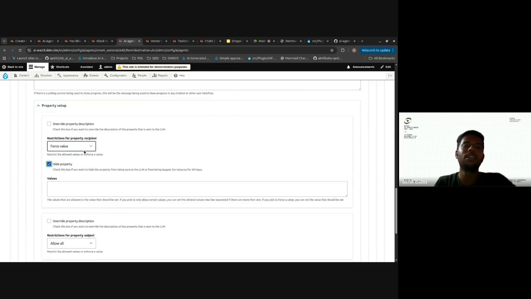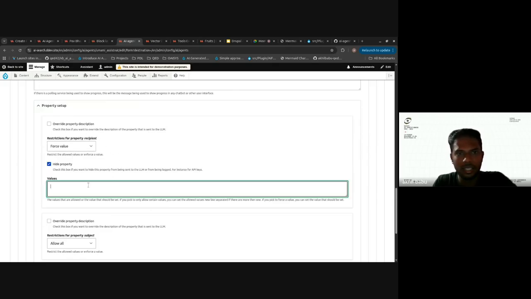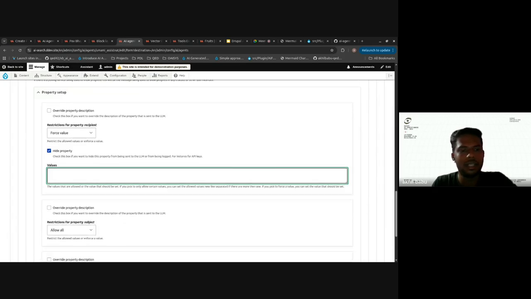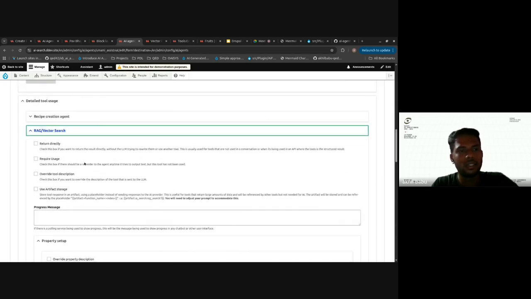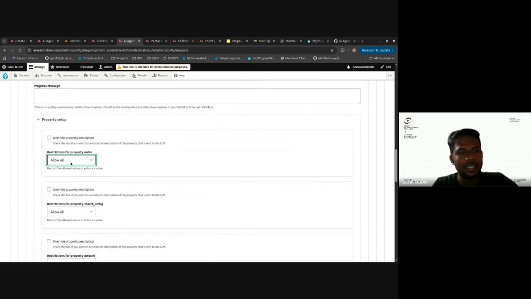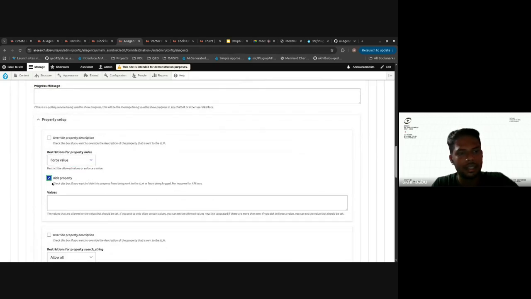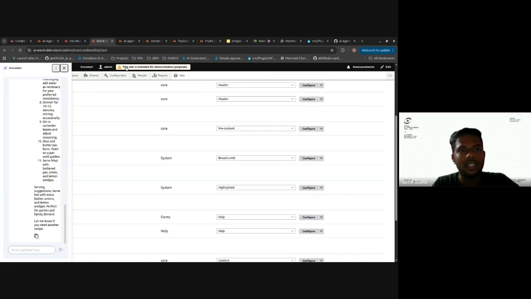What it means is that the agent will not even see that this particular tool has a recipient field that needs to be filled. It will only fill the subject and body message fields. So here I'm going to give a test email address, admin@test.com. Similarly, for the RAG tool as well, the index is the name of the index that we have,